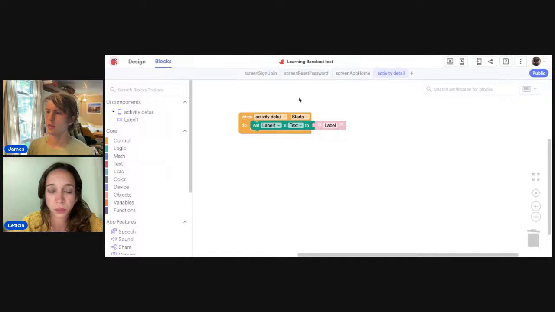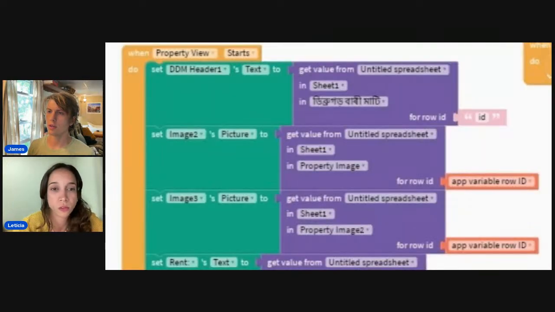Right. So then the next part we're going to do is to get the value from the data source. Okay, that's purple. I really love the color coding. It's making everything so much easier now that I noticed that. Get value from, and where is it? No, I wasn't lucky with this one.